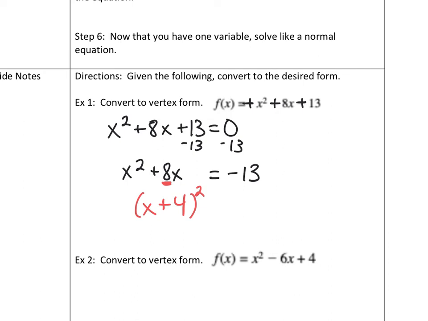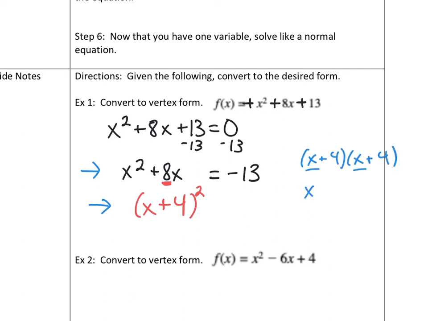Everybody with me so far? Okay, now don't write this part. I just want you to watch, okay? So what I'm doing here is I'm changing this into this, okay? So what I need to do is I've got to add an extra number. And to find that number, and again, don't write this, if I factored this whole thing out,